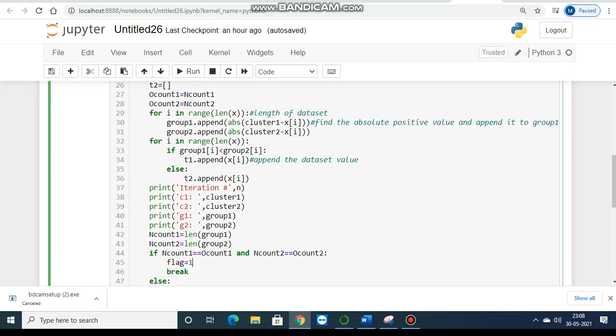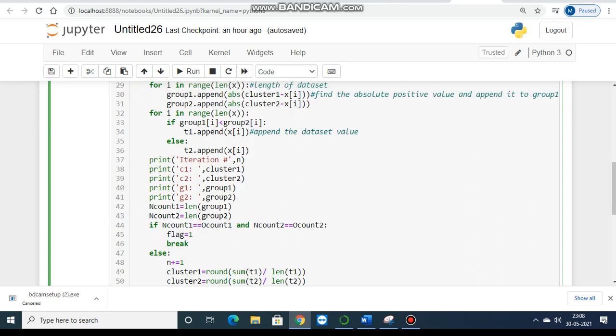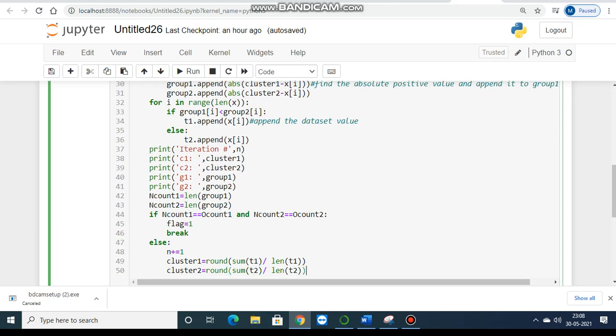From line number 37 to 41 we are printing the clusters and groups. In line number 42 we get the length of group 1 and group 2 into the n count 1 variable and n count 2 variable. If n count 1 is equal to o count 1 and n count 2 is equal to o count 2, flag will be set to 1 and it will break.